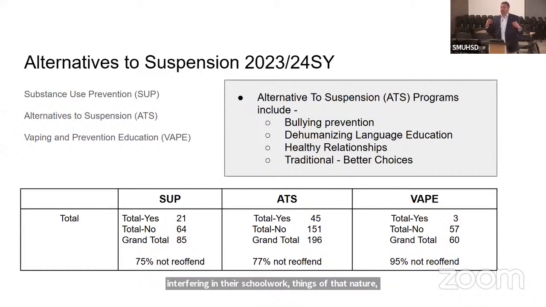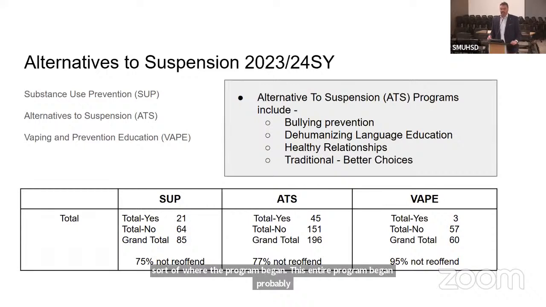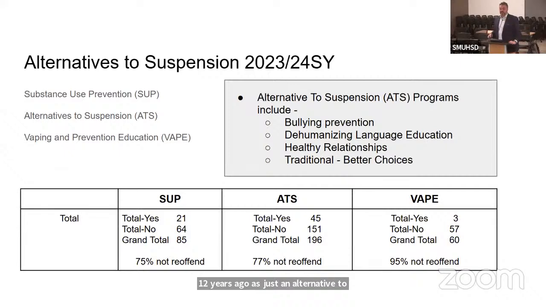And then we have the long-standing alternative to suspension, our first, the traditional, just educating students on making better choices. That's sort of where the program began. This entire program began probably 12 years ago as just an alternative to suspension. Instead of being suspended, you go to a classroom. It was at adult school for a long time. And that sort of evolved to be an online program or something that students do during flex period with our